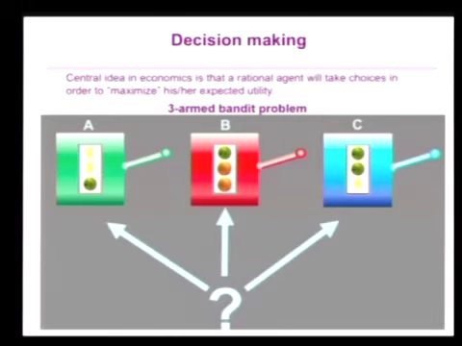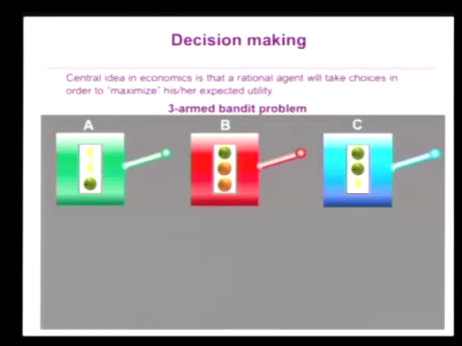Well, I guess probably what you'd do is you'd sample the machines and see what you get, okay? And let's say here you sample this, and you're in Vegas, so you win $1, okay? And you might try these other machines. And you might do that sequentially through trial and error. Now, what would you imagine might be going on in your brain that allows you to eventually decide that you're going to choose one of these machines over the other?